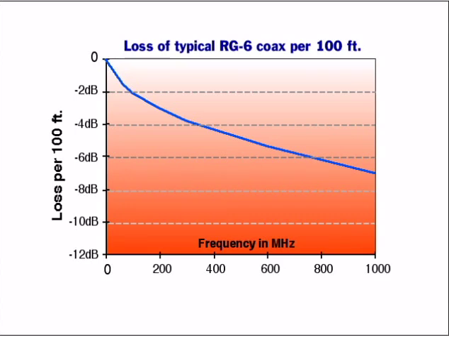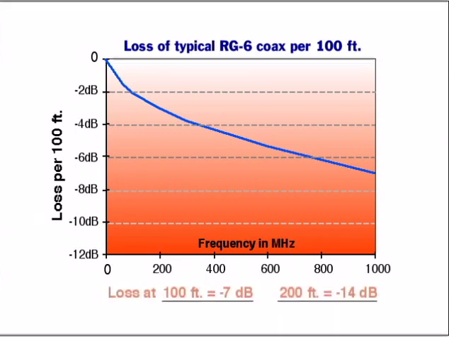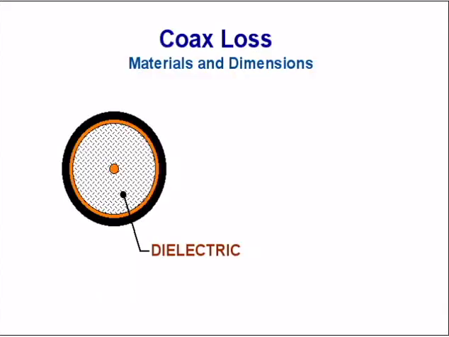This chart, also in your workbook, gives typical loss figures for RG6 for 100 feet at frequencies up to 1000 megahertz. Remember, loss is frequency dependent, increasing with increasing frequency. It's also additive. 200 feet has twice the loss of 100 feet, 50 feet has half the loss, and so on. The loss in coax is a function of the materials and dimensions of the coax, the biggest contributor being